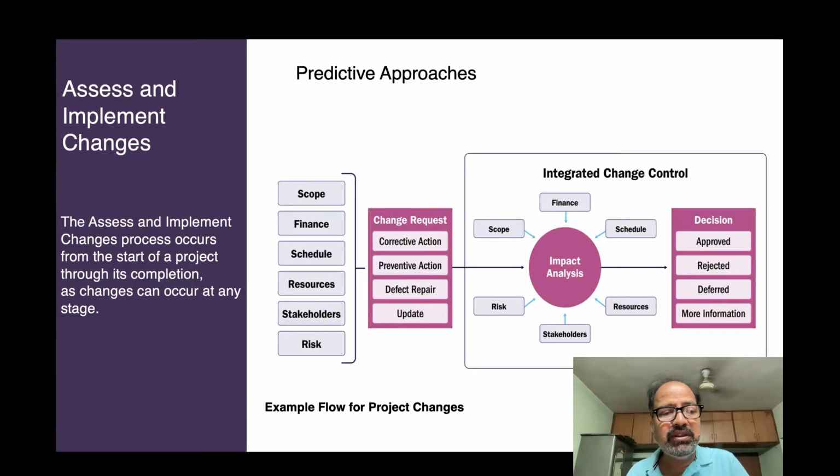Assess and implement changes. The assess and implement changes process occurs from the start of the project through the completion of the project. This can occur at any stage of the project. So the changes can be at any stage of the project. Now, as part of the predictive approach,